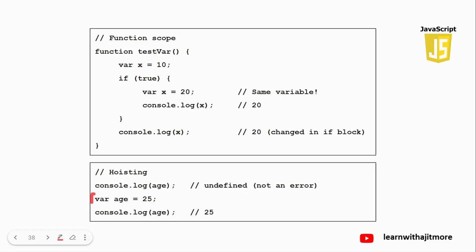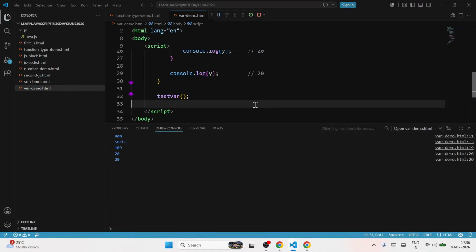So, will it shift this declaration to the beginning of the scope? तो स्कोप के बिगनिंग पे शिफ्ट कर दिया, बट शिफ्ट किया बट उसको अनडिफाइंड ही रखा, इसलिए यहां वो अनडिफाइंड आएगा। और बाद में वो इनिशियलाइज हो रहा है, तो ये इनिशियलाइज्ड वैल्यू, बट इट वोंट गिव एनी एरर। इट इज नॉट गोइंग टू गिव एनी एरर इन दिस कॉन्टेक्स्ट।